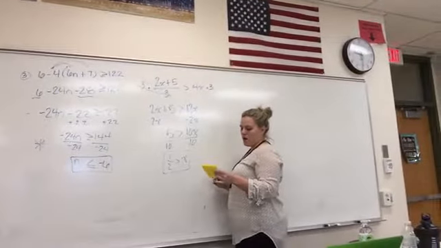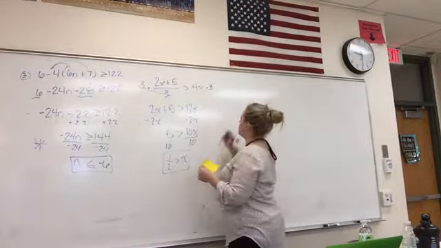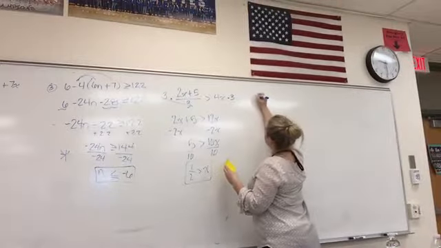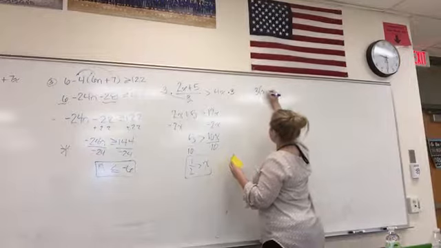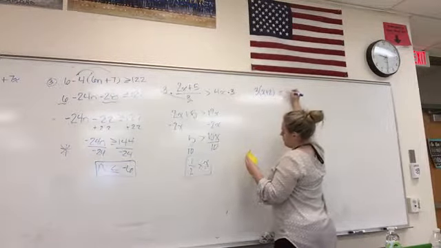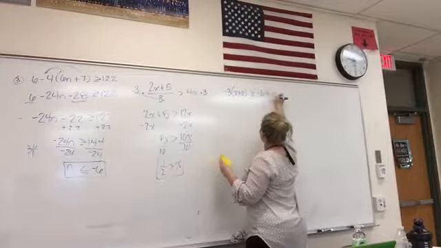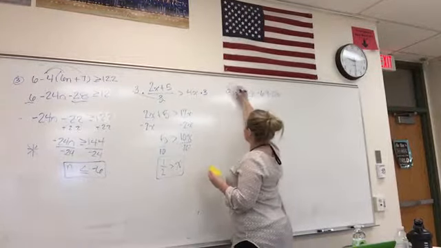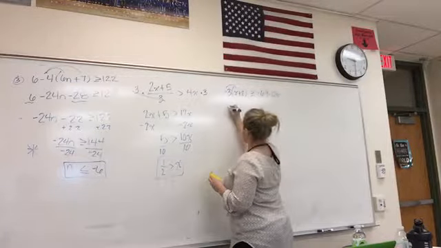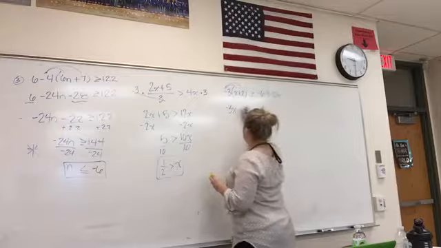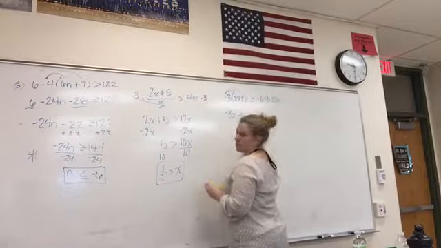Okay. Last example I want to show you, and then I'm going to give you some to try on your own. So if we have -3 times (x plus 2) in parentheses is greater than or equal to -69 minus 12x. First thing I'm going to do is distribute. Take care of my parentheses. So I have -3 times x, which gives me -3x. -3 times 2 gives me -6. Is greater than or equal to